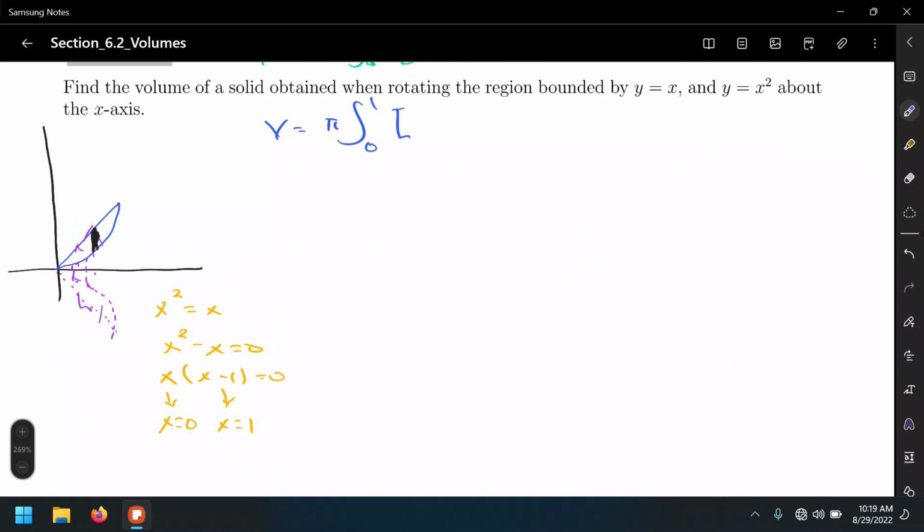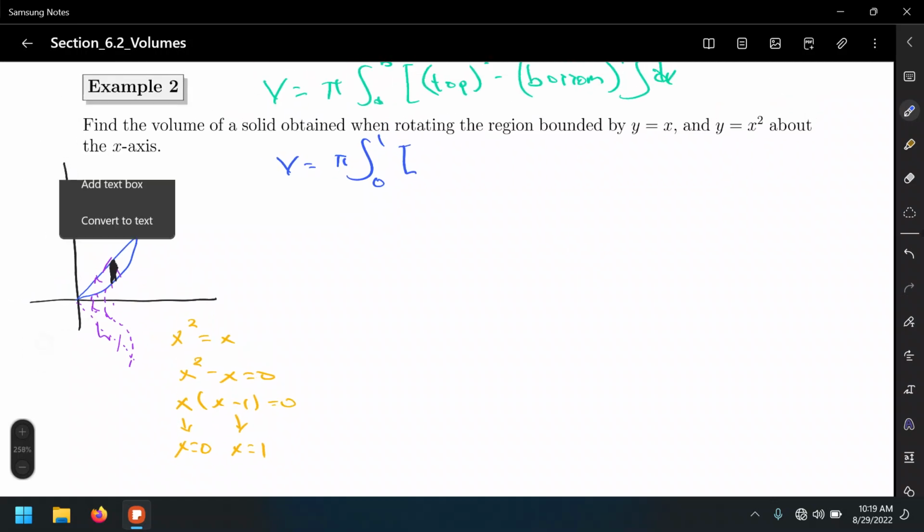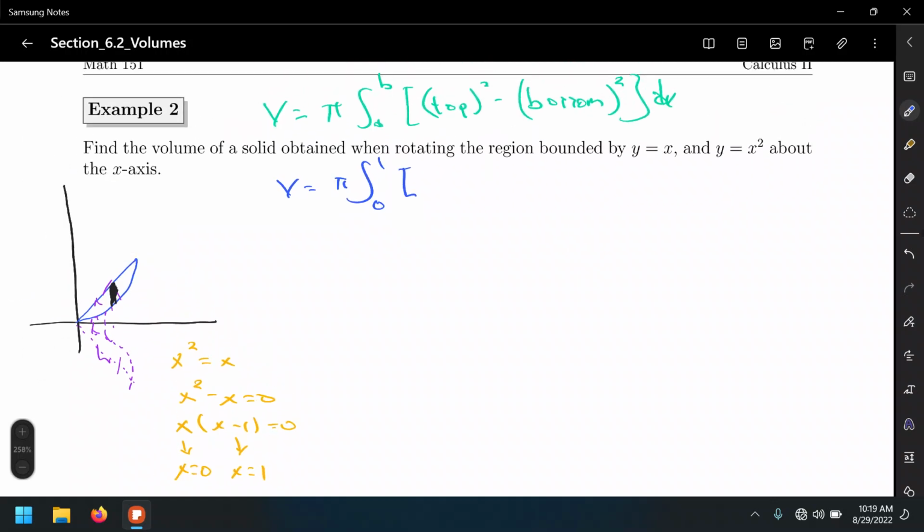So that's going to be, in this case, using the top squared minus bottom squared. Again, the top function squared is x squared, and the bottom function is the parabola, squared. Because again, if we look at the picture, the upper bound is given by the linear function and the bottom part is given by the parabola. So from here, let's simplify the integral. That's the integral of x squared minus x to the fourth